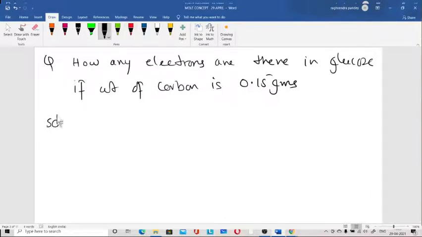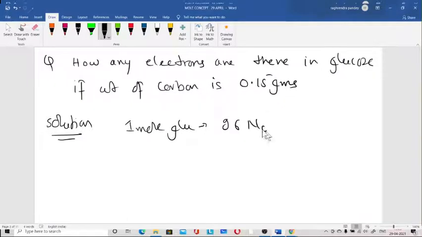So let's see then. Now, how many electrons you have to find? Okay, so I told you that 1 mole glucose has how many? 96 into n naught number of electrons. Okay, this total is 96. Now, 1 mole glucose also has 6 mole carbon,